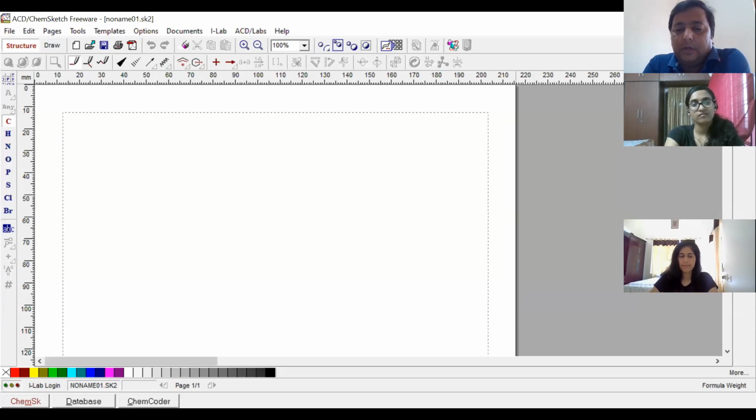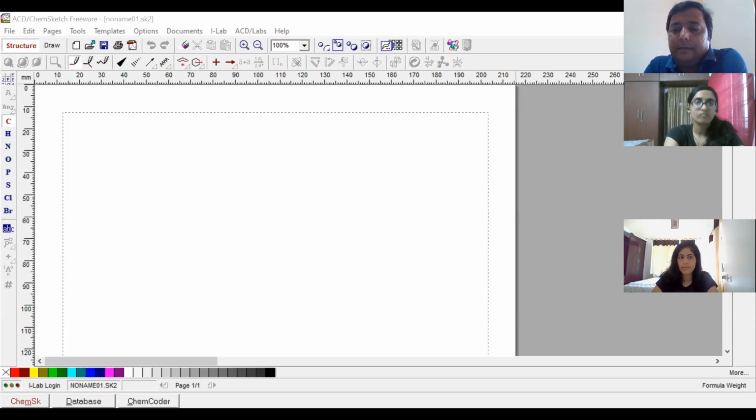Okay, so the main part is you have to draw the structure in ISIS Draw. There are many menus which will help you to draw the structures and attach the bond. But you have to take a little care while attaching the bond at a common point or in any junction. Make sure that the small square shape is visible. Then only you can attach the bond. And at a time, only one structure can be drawn.